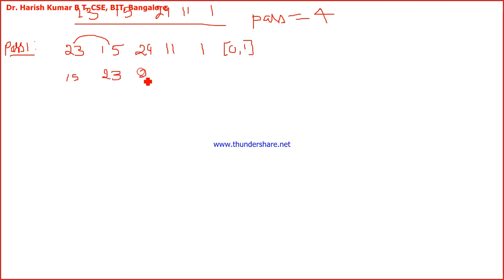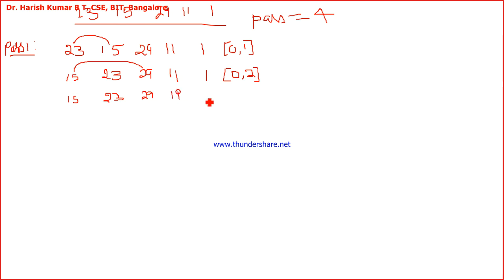Then 29, 11, 1. Next we go for doing the comparison between the element which is at 0th position and the second position, 0, 2. Now 15 and 29. 15 is already lesser than 29, no swapping is required. So 15 I'll write as it is, and then 23, and then 29,